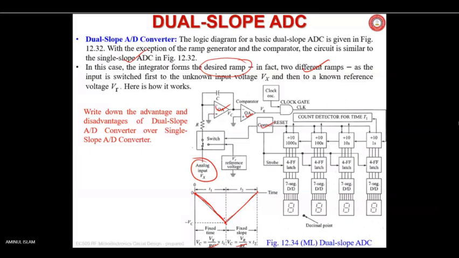Then from there, if you switch to Vref, the reference voltage, it ramps up in this direction and becomes 0. That's how it is said here. As the input is switched first to the unknown input voltage Vx and then to the reference voltage Vr, here is